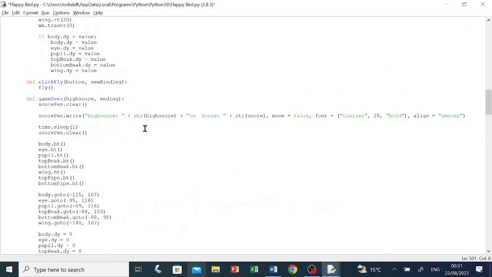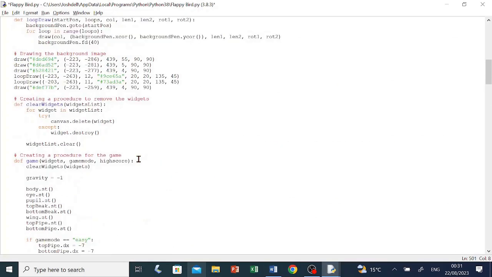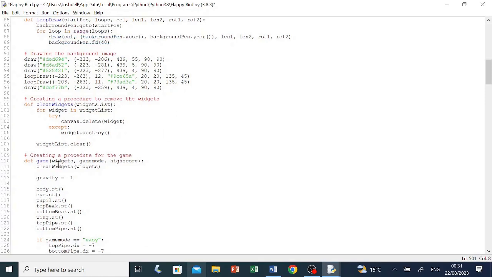if you copied my code, then I can tell you my line number. To find the line number, go to Options, and then click on Show Line Numbers. So if you copied my code exactly, you should be at line 110. If you didn't exactly copy my code, it would be around 110. So go to the end of line 110, or wherever you created your game procedure, press enter, type try, colon,